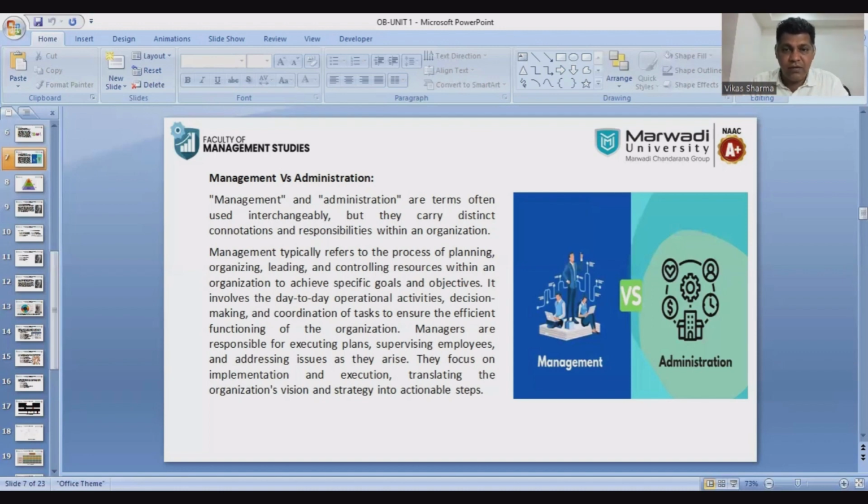If you talk about Gulick, he has spoken about planning, organizing, staffing, directing, coordinating, reporting, right? And budgeting. So that framework he has given, right? So this is basically the theoretical perspective, you can say. You talk about the functional distinction, right? Planning and policy making. In other words, I'll just say that